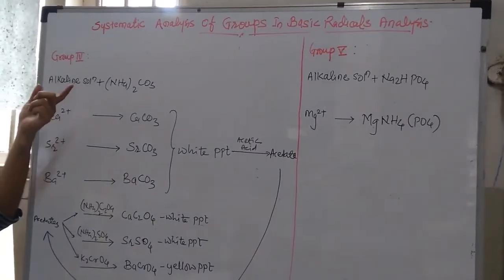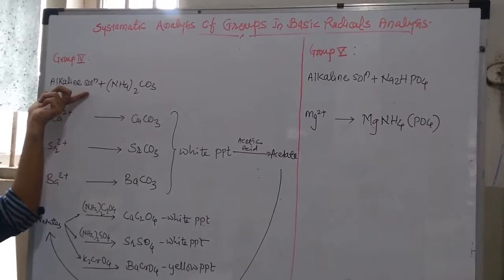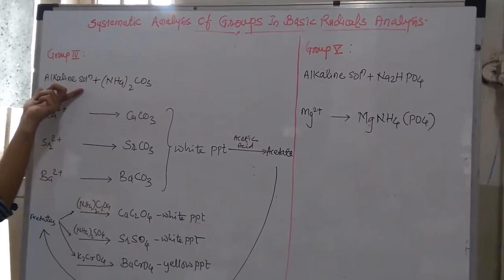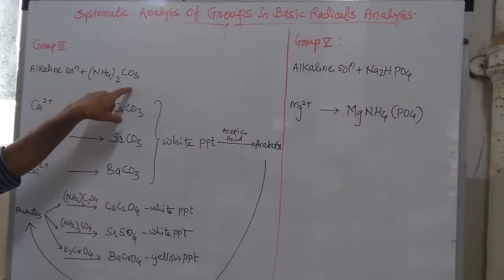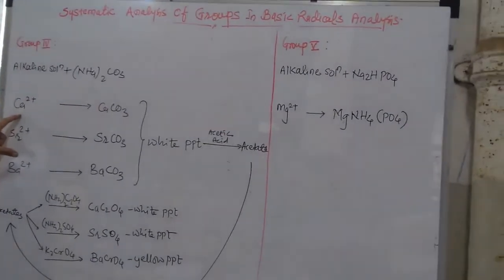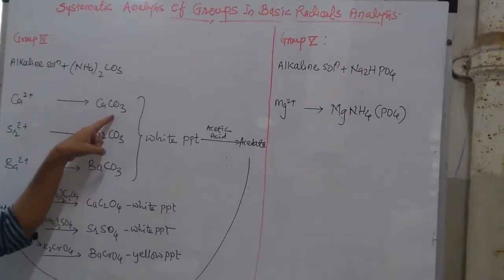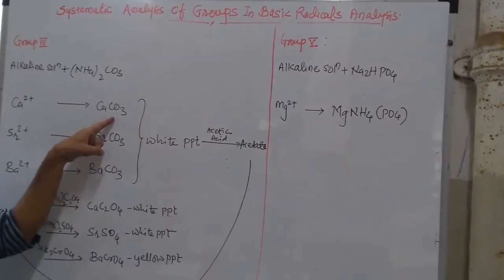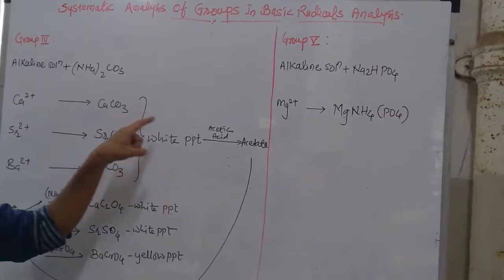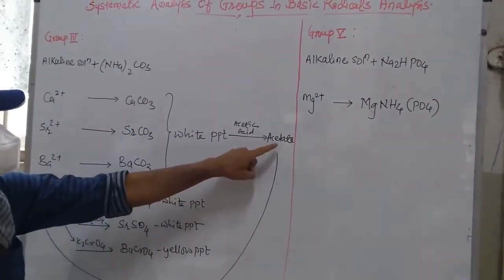Now, see, first of all, add alkaline solution, that is the mixture of ammonium chloride and ammonium hydroxide, and then add ammonium carbonate. Okay. Now, if calcium is present, then it gives the white precipitate of calcium carbonate, and to the white precipitate of calcium carbonate, if we add acetic acid, then it gives the corresponding acetate, that is calcium